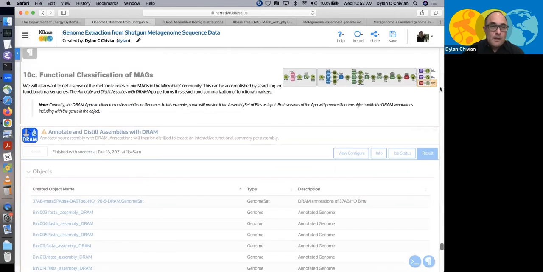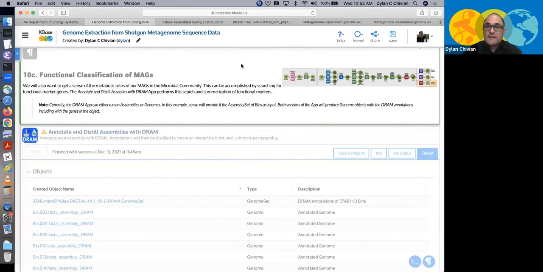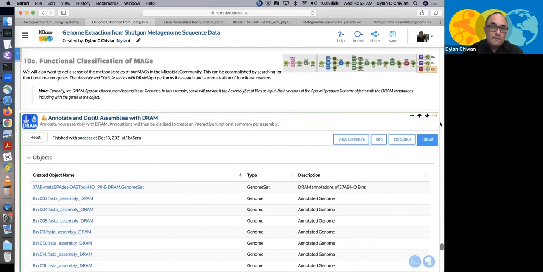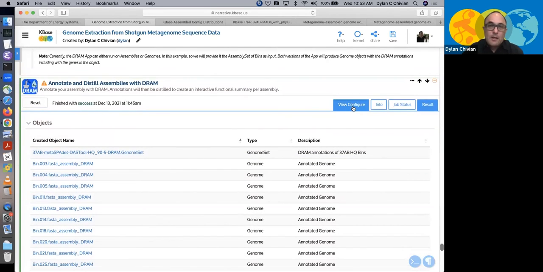And now we want to look at the functional classification of these MAGs, and we have several different tools for this as well. We ran RAST, and that can give us SEED classification, and there are tools for looking at the functional profile of SEED. You can run COG or Pfam or TIGRFAMs annotations on these genomes and look at the functional profile of those domain classifications. Here, I'm going to talk a little bit about the DRAM functional distillation app,